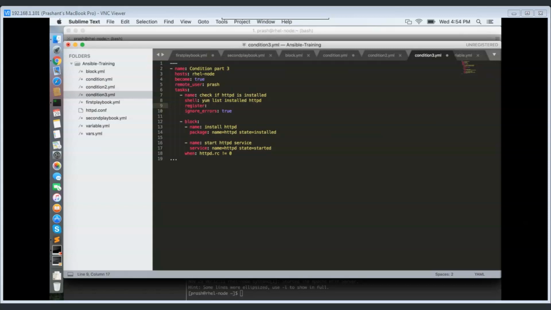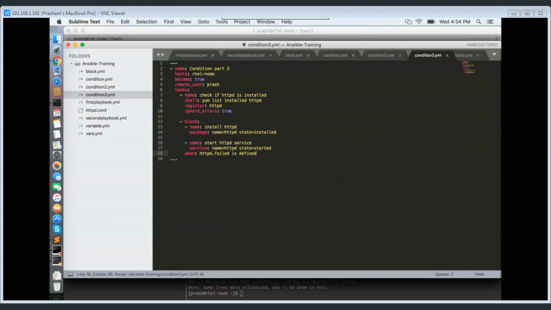It gives some error that this variable does not have any RC level. I don't remember that error particularly, but sometimes you don't get this RC. So in that case, you have to use some other variable like httpd.failed is defined,